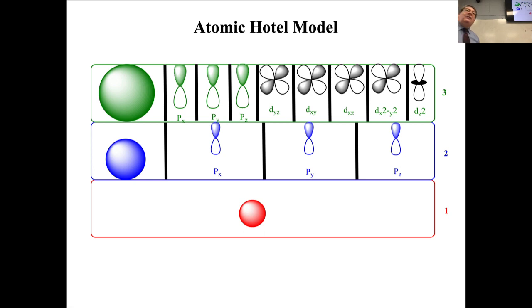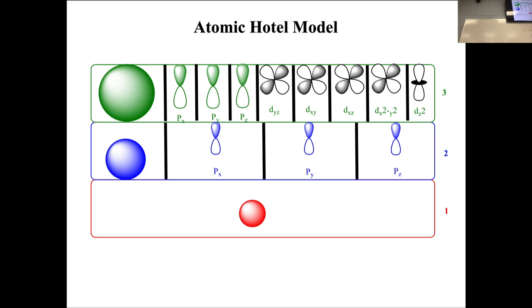And I like to think of these levels, I call it the hotel model. When you go to a hotel, not a motel, a hotel, right? You go into the hotel and there are multiple levels to that hotel. Would you agree that the 3rd floor is higher in energy than the 2nd floor? If you jumped out of the third floor, chances are you'd die. Jumping out of the second floor, you might live. Different energy, right?